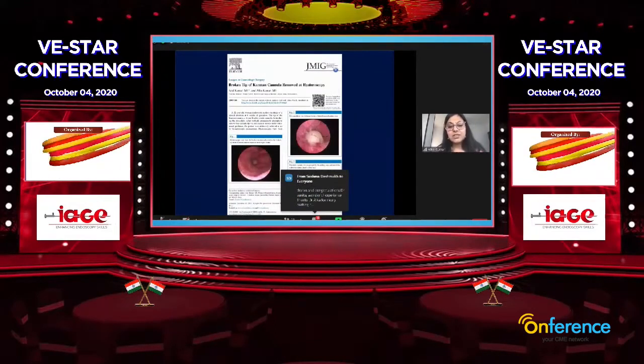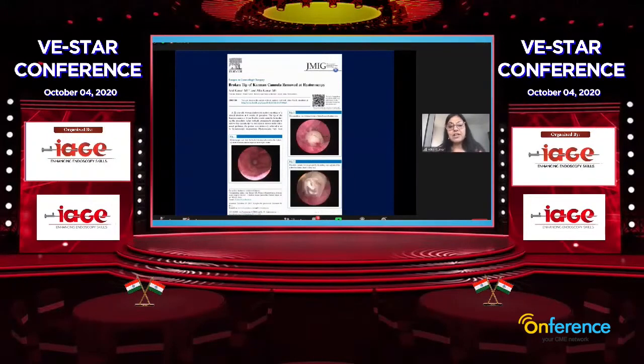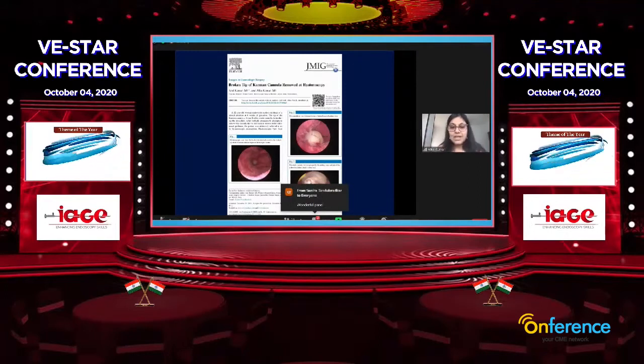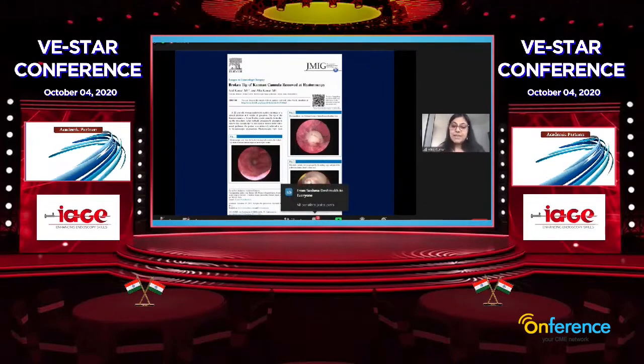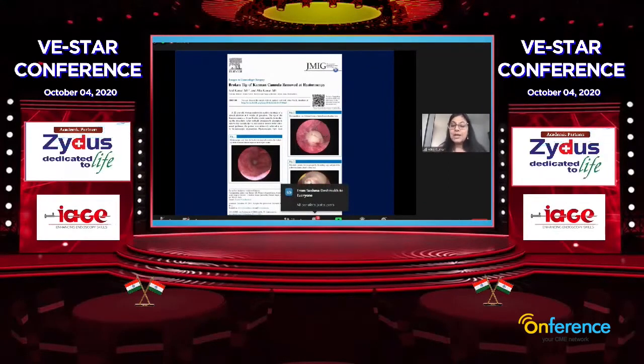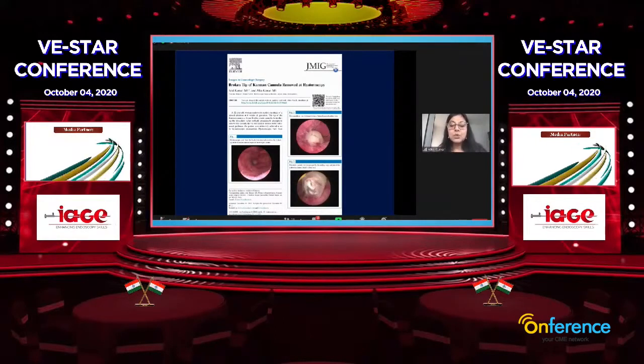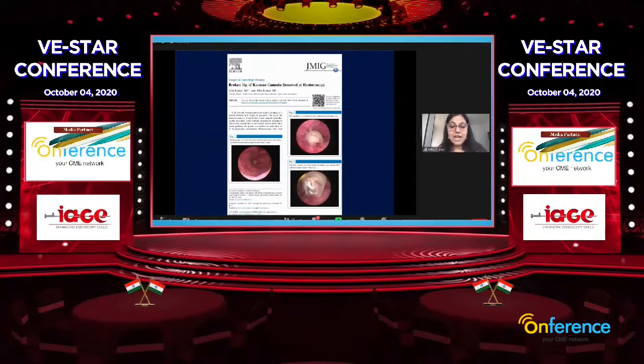This was one of our challenges in hysteroscopy, where the patient was referred for removal of the tip of a Karman's cannula. This is how the Karman's cannula looked, and it was actually quite far into the tubal ostia. The gynecologists had tried multiple unsuccessful attempts to remove it. So we had to remove it with the loop, as you can see. What is important in this picture is that you need constant distension to be able to remove the Karman's cannula from the cornu, where it was impacted.